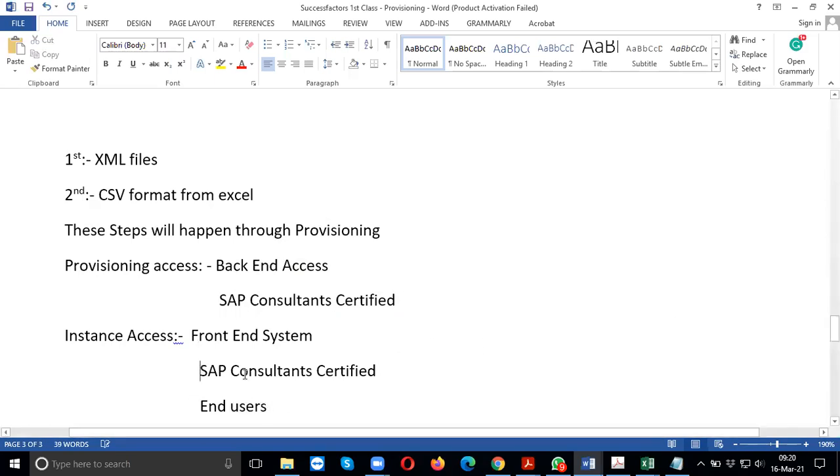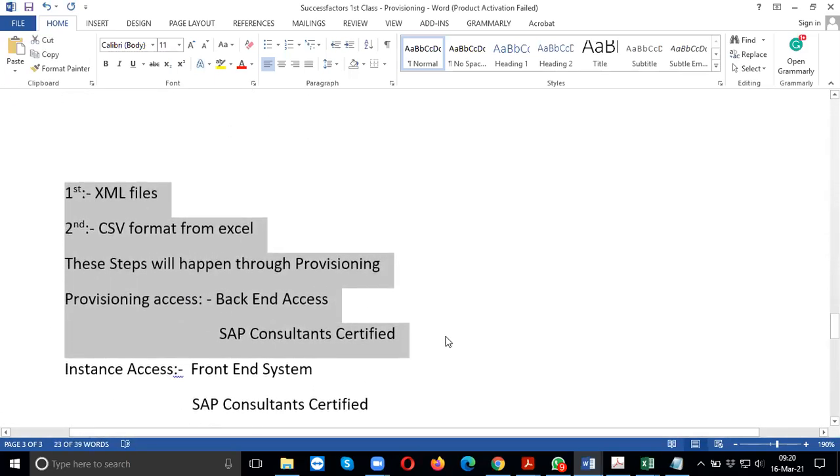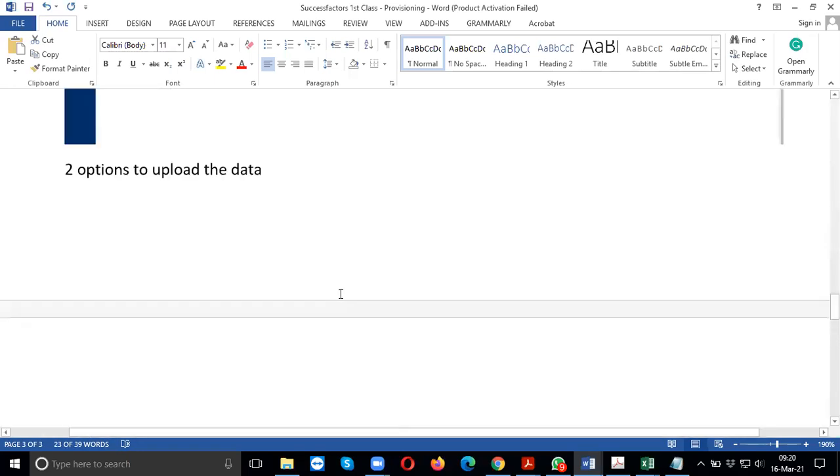Now here the difference is, in the instance, this implementation part is over. Now you don't need to look at much in provisioning. Only if you are looking to import and export data models again, or if you want to check any other data imports, then only will you be accessing provisioning. I'll repeat it once again.